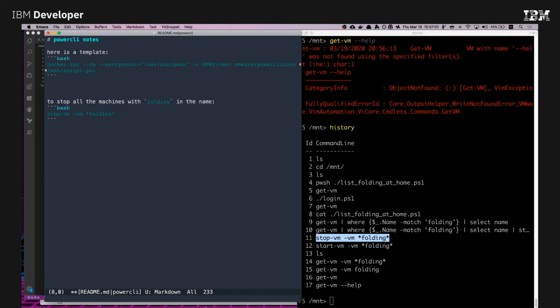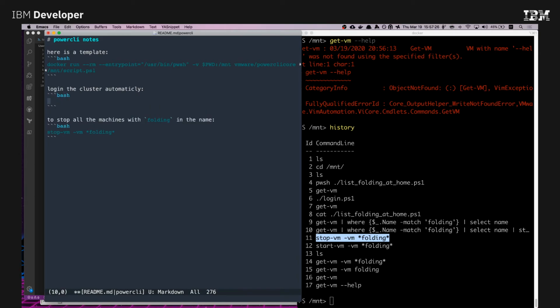Nope, and log in the cluster automatically. Excuse me. Oops. Dash. That was ./login.ps1